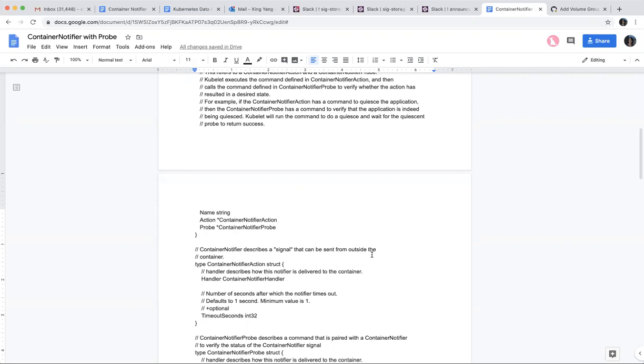Their biggest concern is how do you know if it's really successful or not? Because when you run this command and it hangs, you can't even, like you're saying, cancel it. That's a problem, right? But you probe it and you see it's running, and then what do you do? It just tells kubelet, okay, it is quiesced. That's it. Because they want to know whether it really has achieved the goal or not.